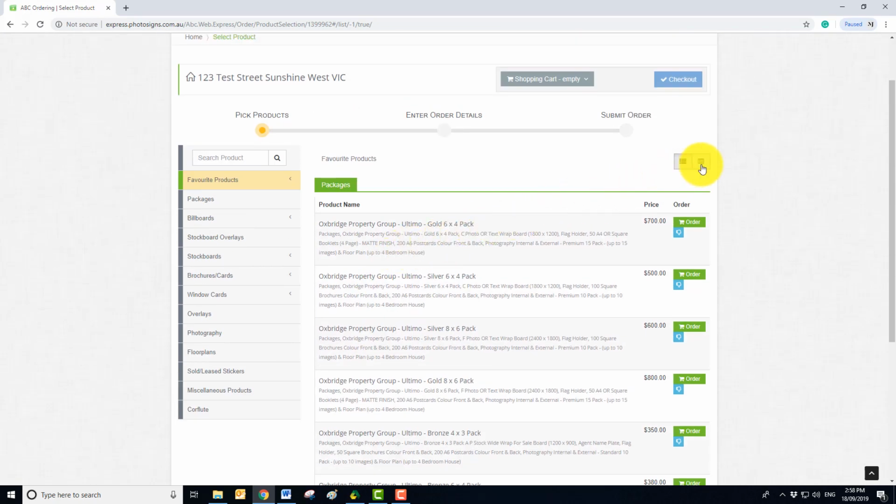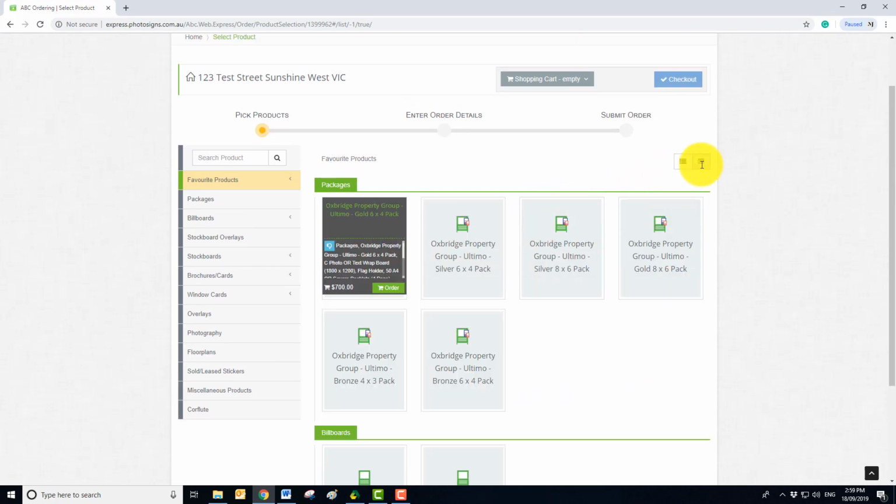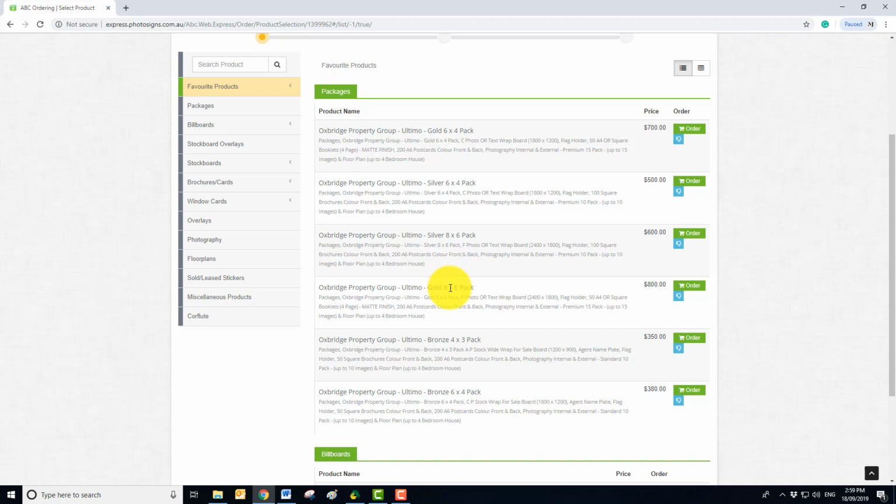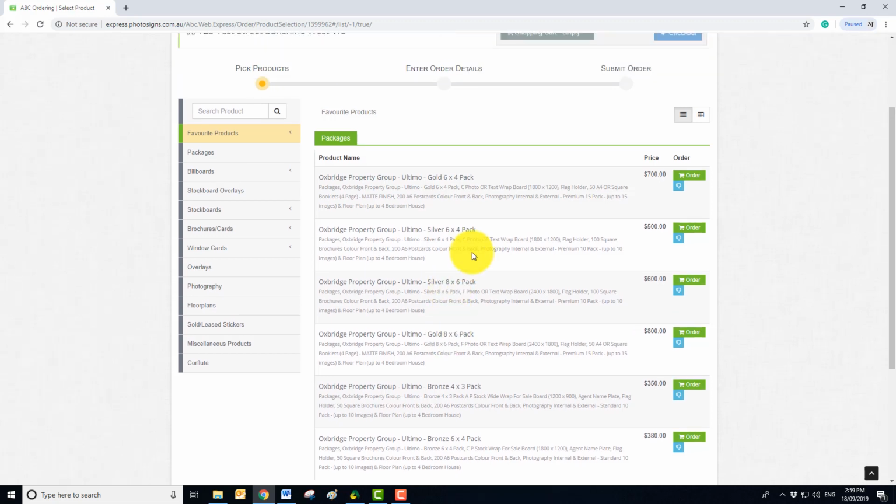Another thing, you might be looking at your screen and it looks more like this. Over here at the top right you have a couple of options. Personally, I prefer the list view over the grid view, purely because all the information that I need is there. Okay, so in this example I might choose a silver pack, so that has a photo or text board, some